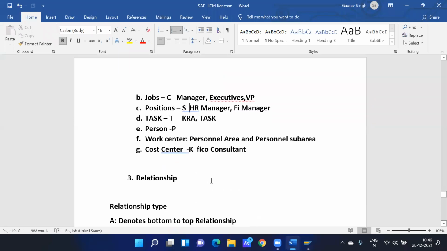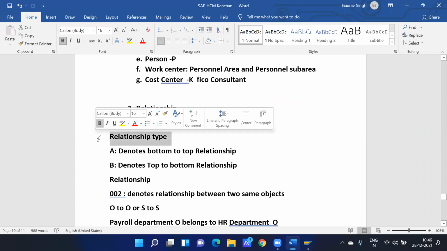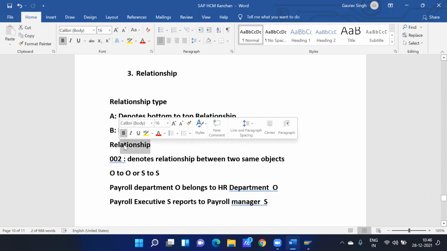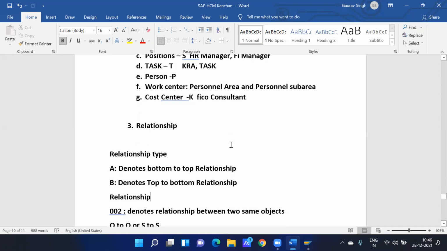So now comes to relationship. We have two things. One is relationship type and second is relationship. So we have two kinds of relationship type. One is A and second is B. So whenever we are making a relationship between these objects, okay, it is either a bottom to top relationship or a top to bottom relationship.